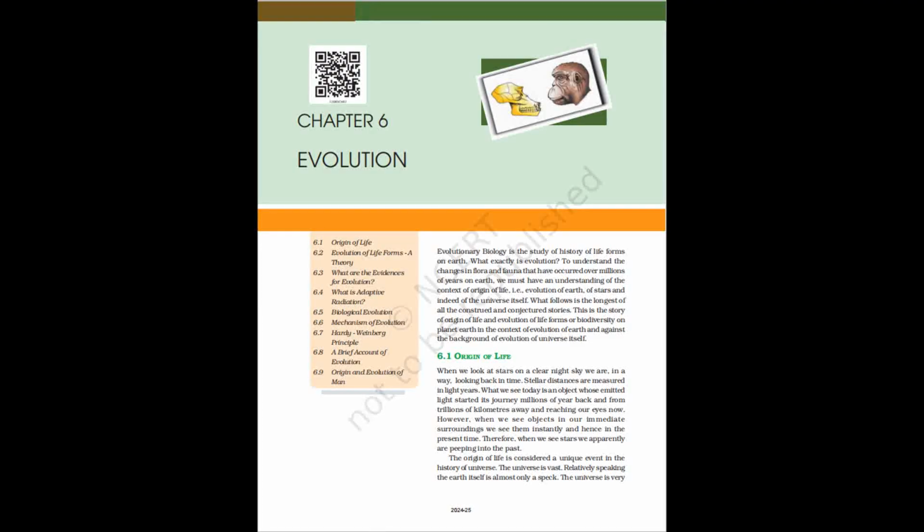6.3 What are the evidences for evolution? Evidence that evolution of life forms has indeed taken place on Earth has come from many quarters. Fossils are remains of hard parts of life forms found in rocks. Rocks form sediments, and a cross-section of Earth's crust indicates the arrangement of sediments one over the other during the long history of Earth. Different aged rock sediments contain fossils of different life forms who probably died during the formation of the particular sediment. Some of them appear similar to modern organisms, figure 6.2.